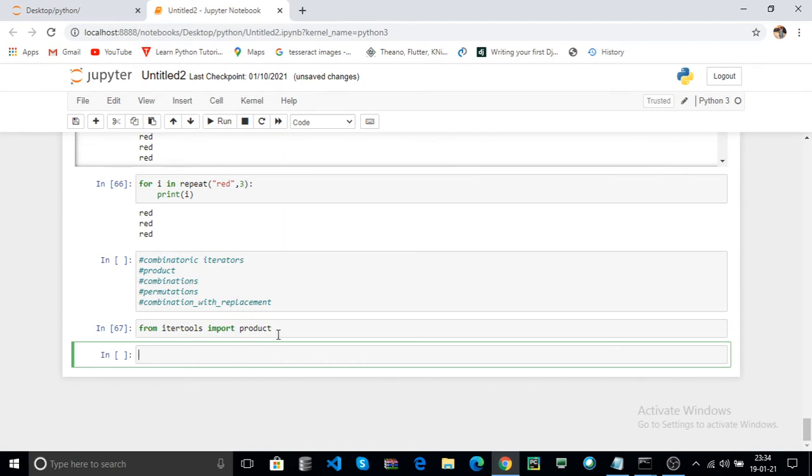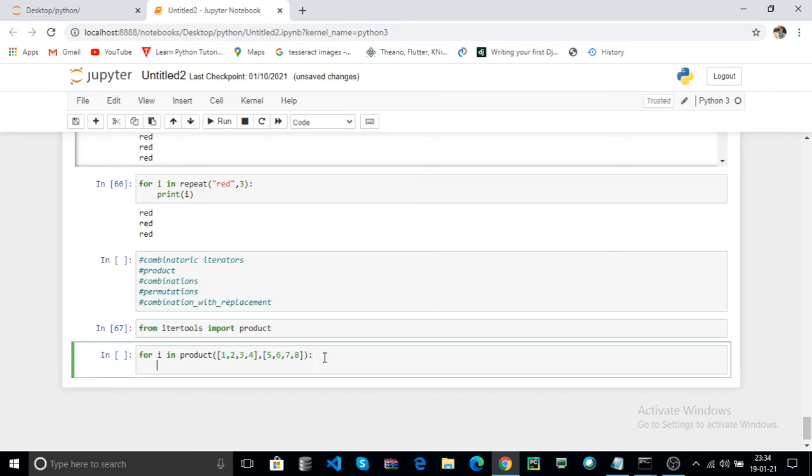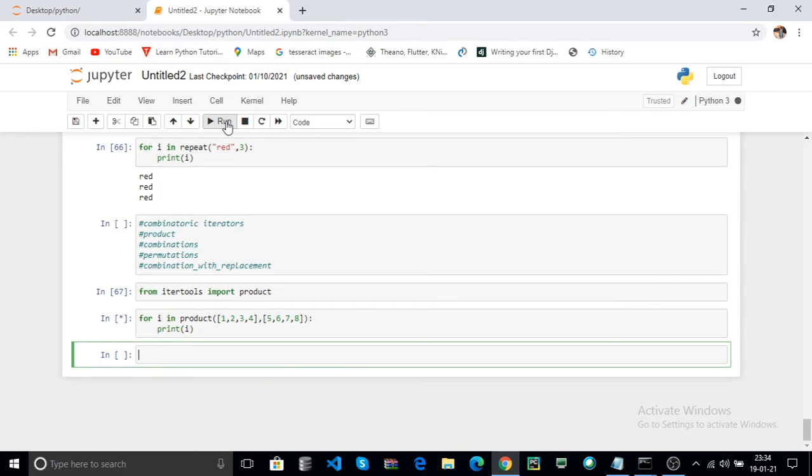The product returns the Cartesian product of your iterable objects. For i in product, here I pass two lists. For example, 1 2 3 4, and here 5 6 7 8. Here print i, click on run.